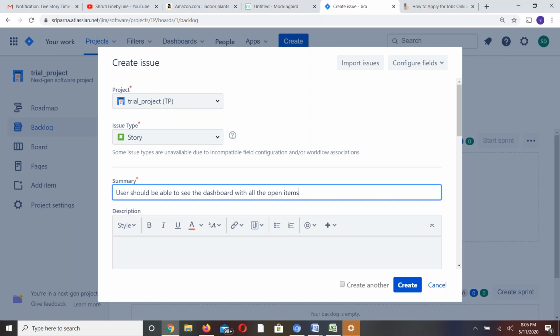For this project, it is some dashboard that we are creating, and we should be able to see the dashboard.